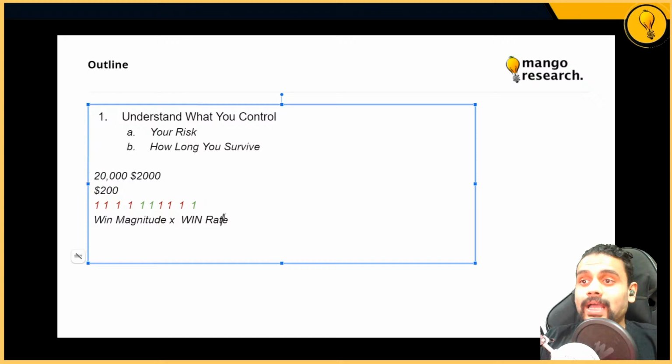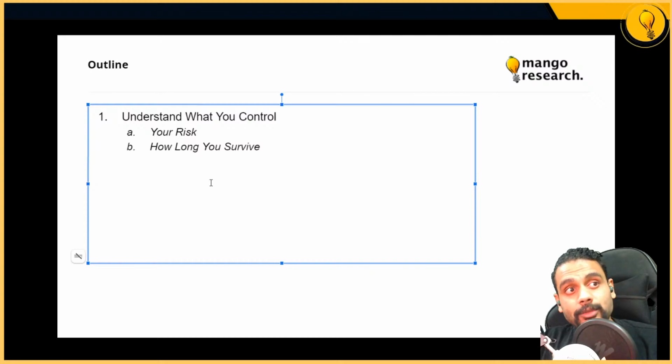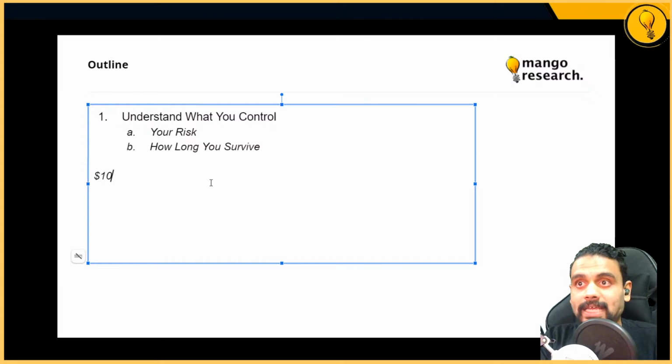Okay, cool. So again, to summarize this concept over here, all you can control is how much you lose per trade. Okay, and with that, you automatically need to start considering, if I do lose this much amount, right? Let's say you set $1,000. Well, if you only have $10,000, you're allowing yourself to lose only 10 trades. Right, which is, in my opinion, not feasible.